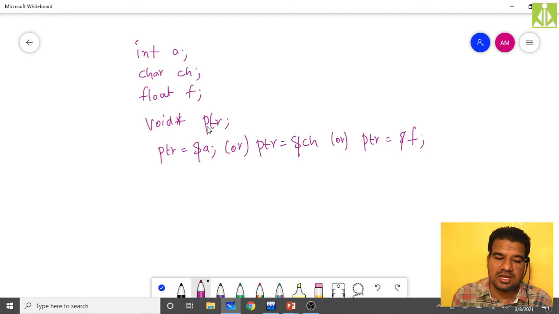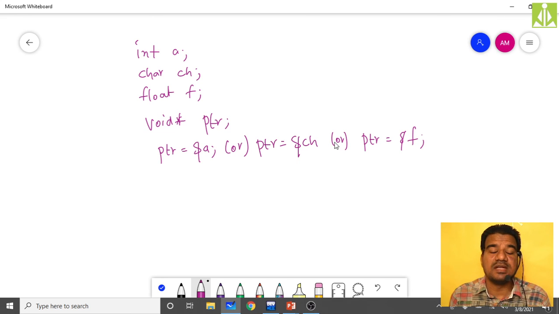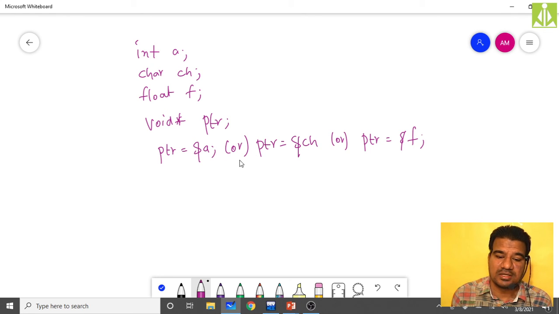Generic means independent of type, so now it can hold the address of a, ch, or f. At any point of time it can hold the address of any one type of variable. Don't expect that it will hold the address of all these variables together. That's the reason we are saying or, not and. Either it can hold the address of a at one point, or the address of ch, or the address of f.